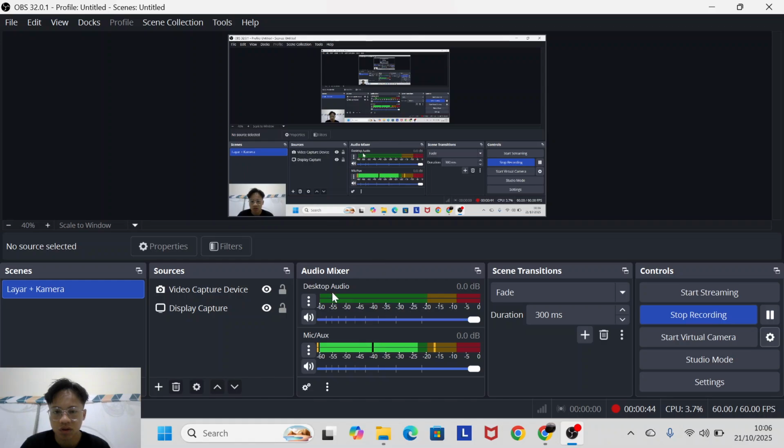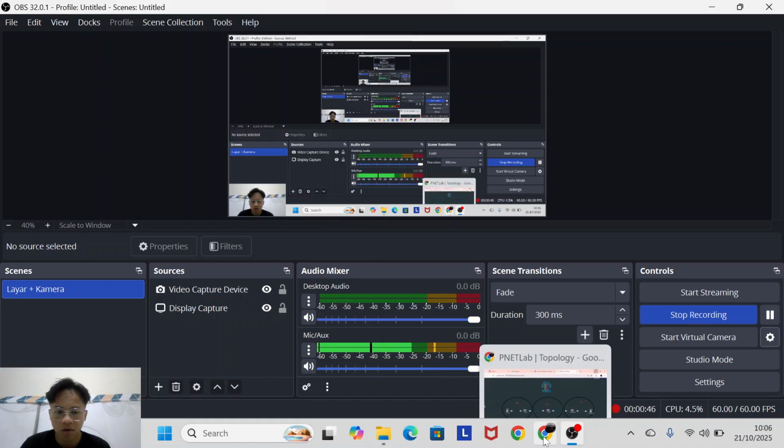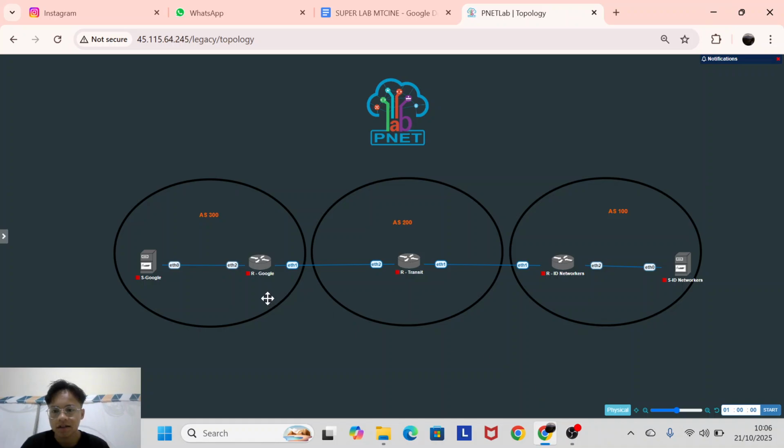So now we will go to our virtual net. Yes, I prepared this lab. You can imagine you are in here: ID Networkers router and your server.